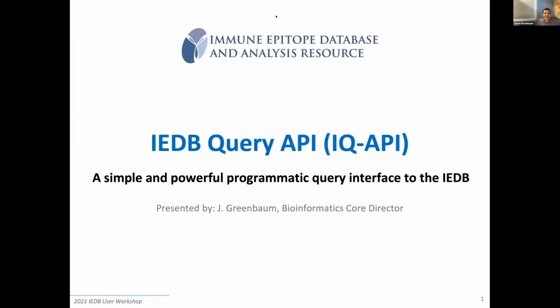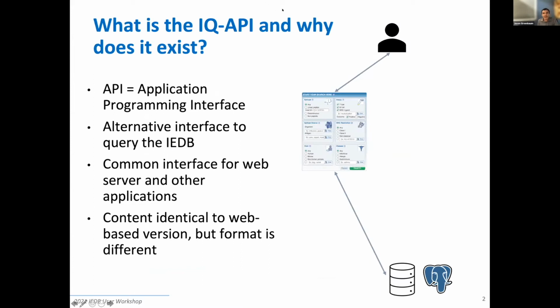Thanks, Nina. So I am very excited to show you the new IEDB Query API. It's a completely new interface to be able to query against IEDB. And if you're not familiar with what the term API means, it stands for Application Programming Interface. And what we're doing is we're providing this alternative workflow, an alternative interface for getting at the data that's in